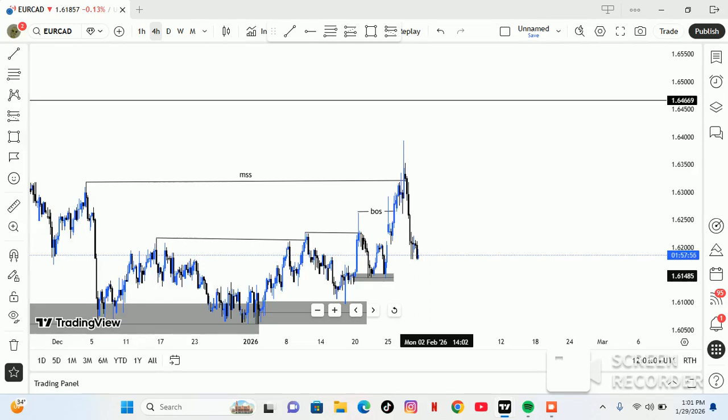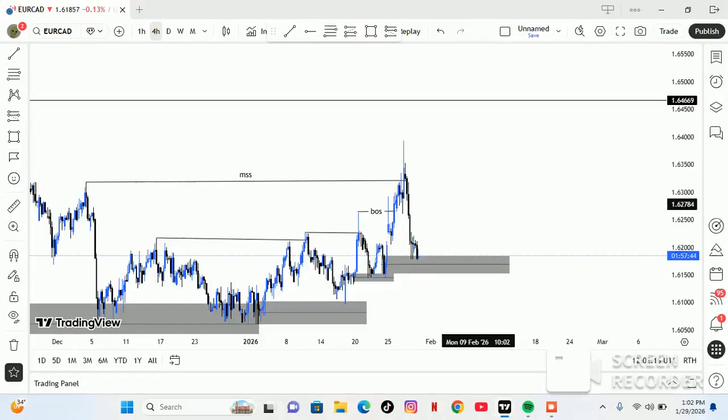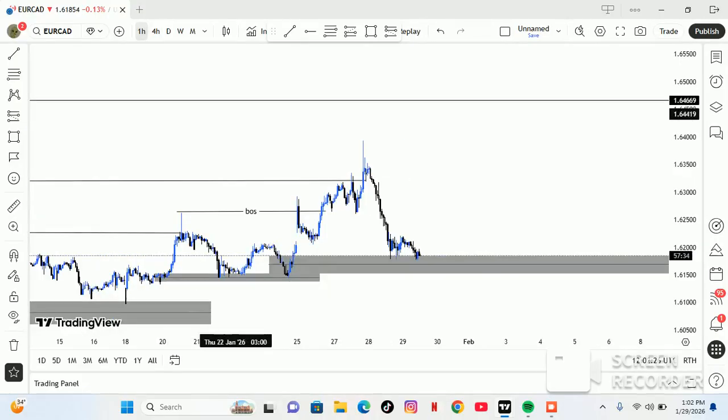Now what happened? You guys will be saying, okay, there's no protected point here, there's no liquidity. So look at what happened. Let me go down to a lower time frame also. On the 1 hour,